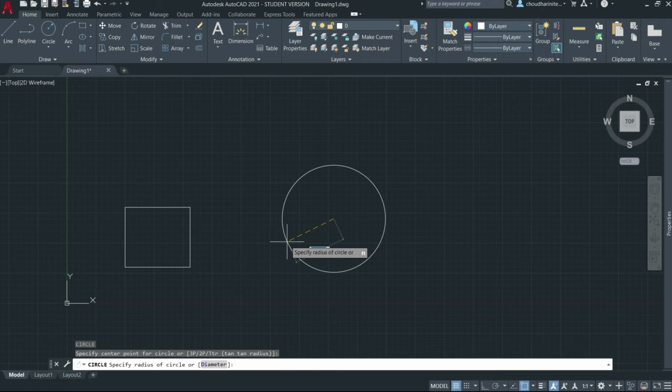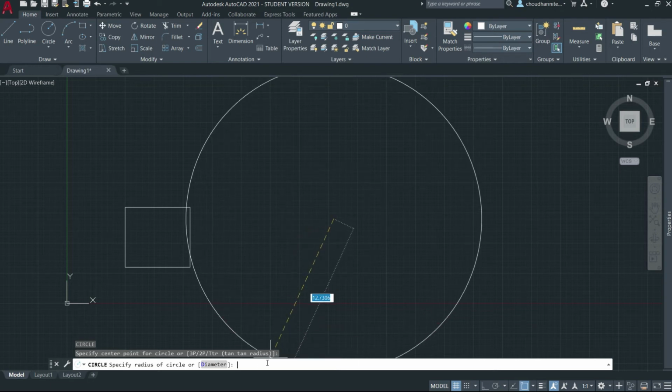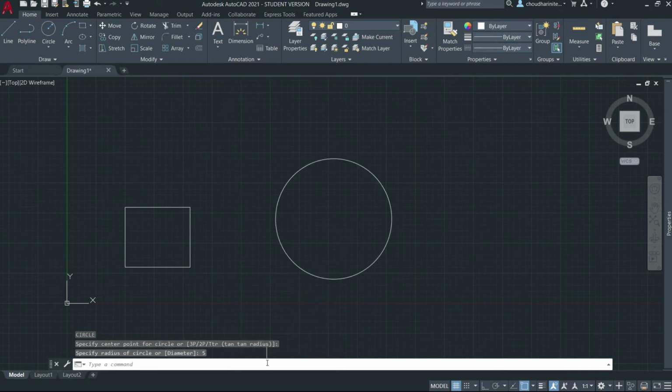Now, once we provide the center point, it will then ask us to specify a radius. We can enter the radius using a mouse on the drawing space, or we can enter the number for the radius in the command window and press enter. So in this case, say supposedly if you want to have a radius of 5, we can just press enter. Upon entering, AutoCAD draws the circle.